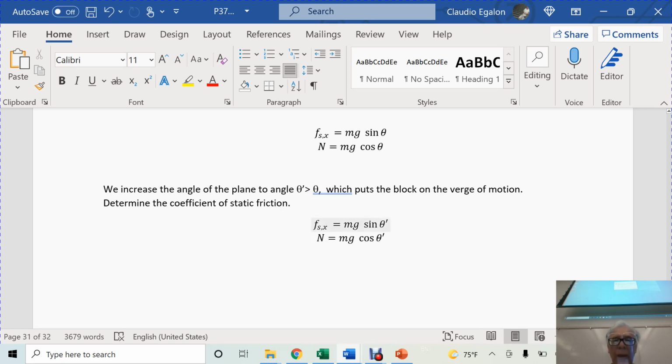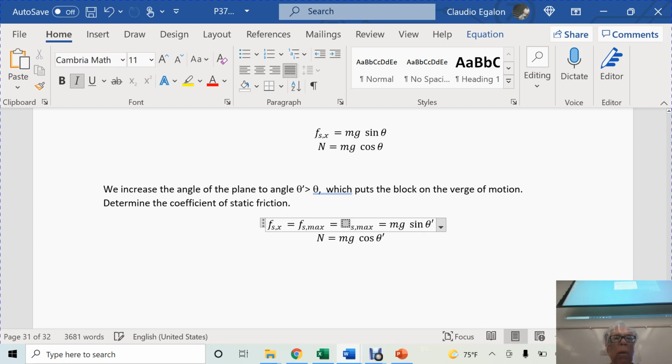Let's not forget that now, because the object is on the verge of motion, the force of static friction in the x direction coincides with the maximum value of the force of static friction. And if it coincides with the maximum value, what the value is going to be is going to be that mu sub s,